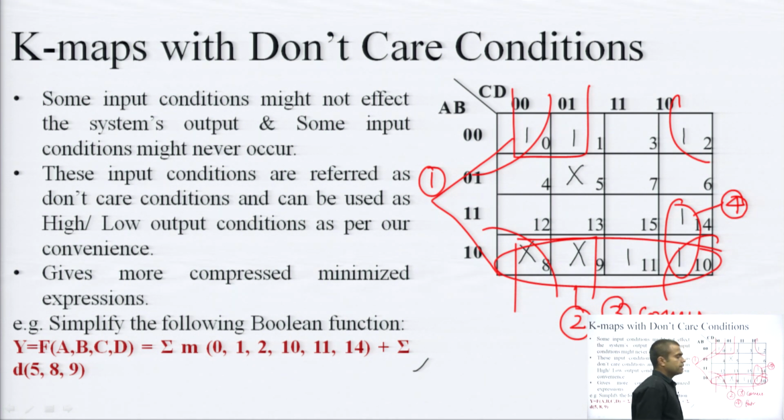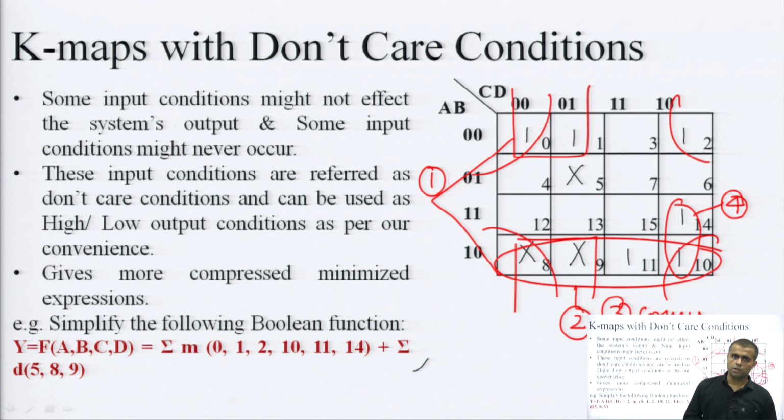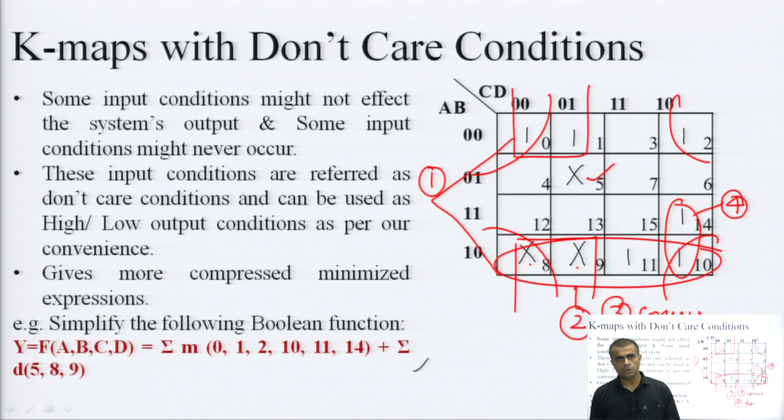So, we can write the answer for these expressions just similar to the previous question, that don't care will not affect my answer writing process. We have to find the common row element and common column element. Okay. So, we can check that this cross is not used here. So, I have dropped it, there is no compulsion that every cross should be covered, and these two crosses were helping me. So, I have treated them as high outputs. Okay. So, this is K map with don't care conditions.